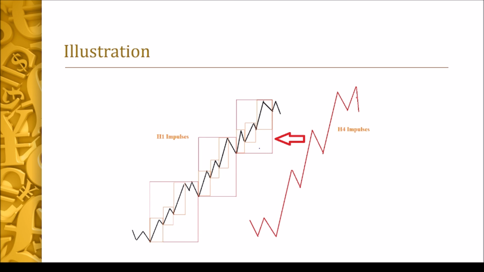An illustration of that concept: let's say this is an H4 time frame. It is 1, 2, and 3. If we open the H4 time frame, the time frame it precedes, which is the H1 time frame, will consist of 3 levels on this one, 3 levels on this one, and 3 levels on this one. So as you can see, we have 3 sets of 3s. Therefore, we can say this is cycle 1, cycle 2, and cycle 3. And to interlink these cycles will require what we call reset points. Therefore, these are reset points, points where we are now restarting our cycles.